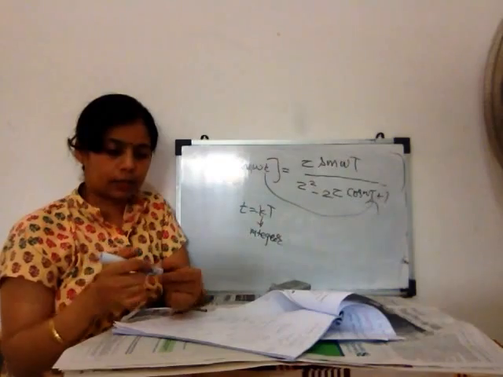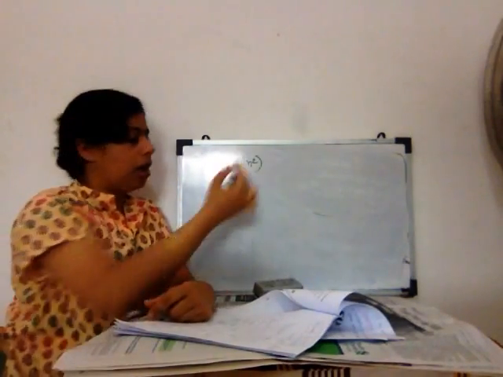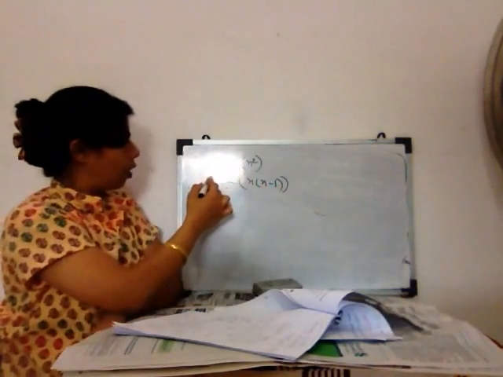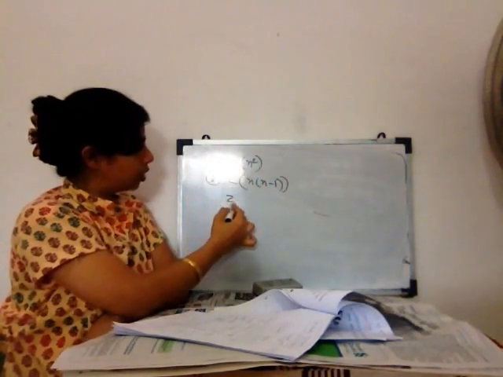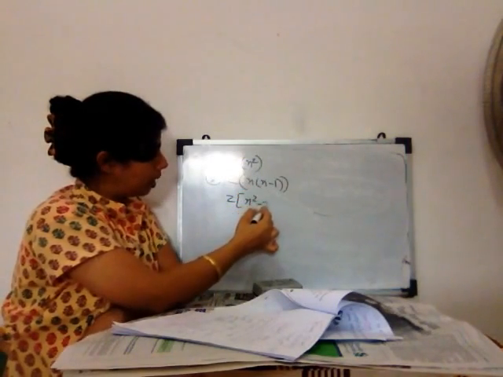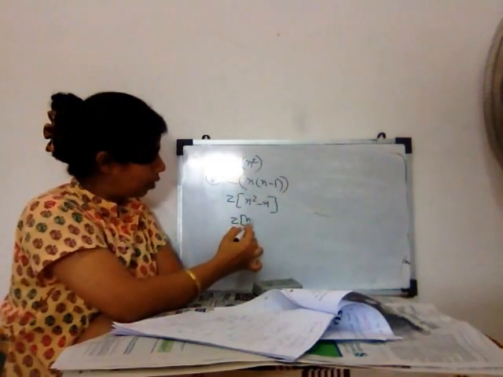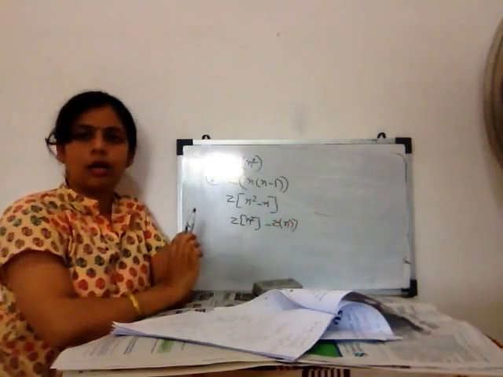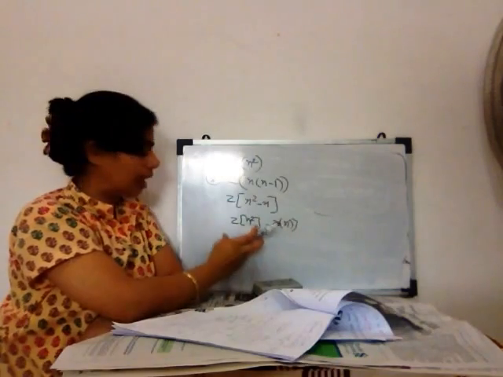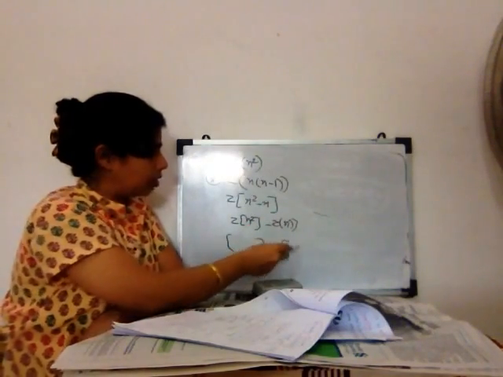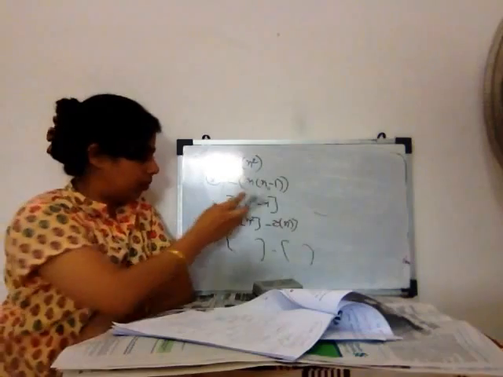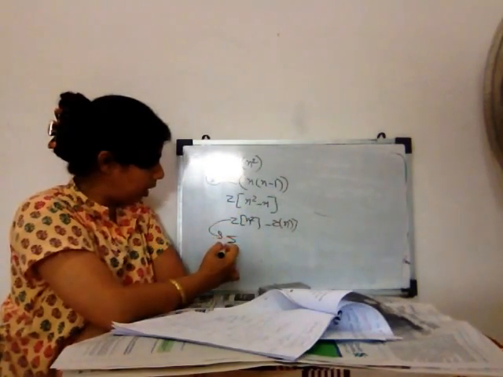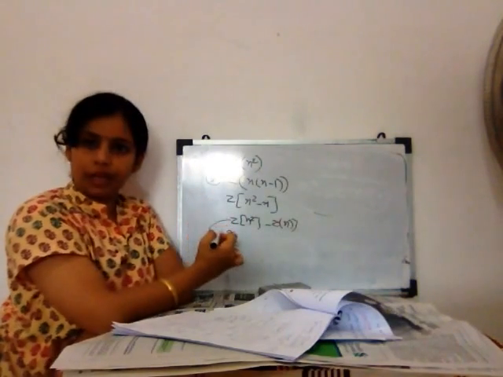Now I can explain something from my previous question. One more: find the Z transform of n minus 1. For this, what we can do is take the Z transform of n square minus n. So we can separately find the Z transform of n square minus the Z transform of n. Clear? If you remember the Z transform of n square, you can substitute it here along with the Z transform of n and then subtract. Otherwise, you can substitute in the series: the Z transform of n square is the summation n going from 0 to infinity.